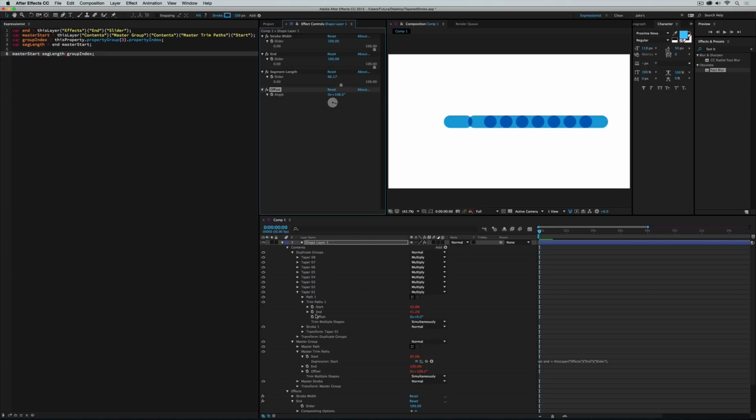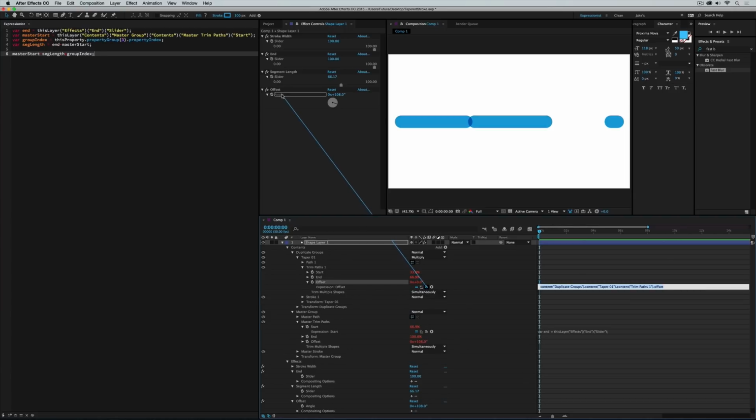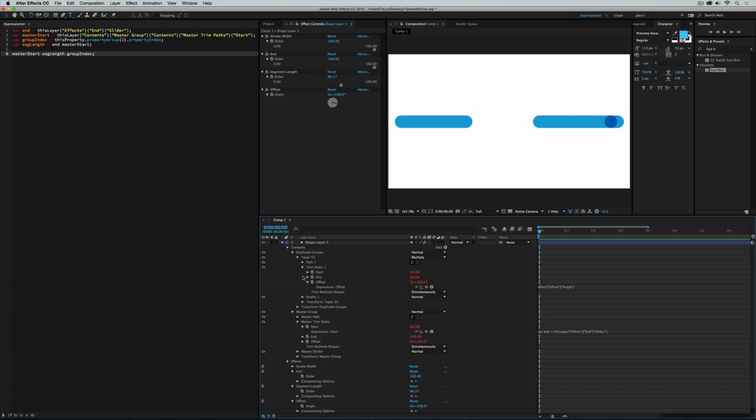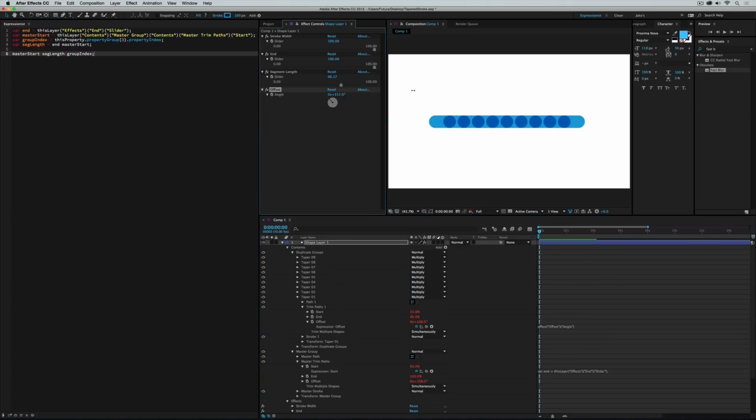I did not set up the offset of any of the duplicates to be based on that, but that is an easy fix. I'll just delete all of my duplicates, option click on that offset, expression pick whip the offset value. Now that's all linked up, I'll reduplicate this a bunch of times, and now I can use that offset control exactly as you would expect it to be used. So that's really awesome. We've already solved the first part of the problem,